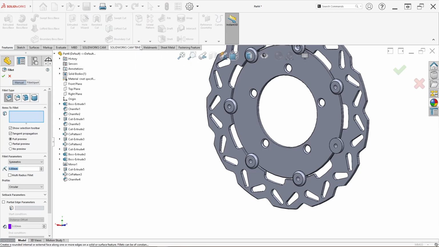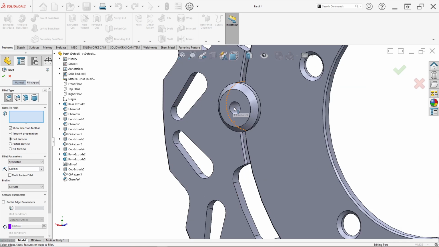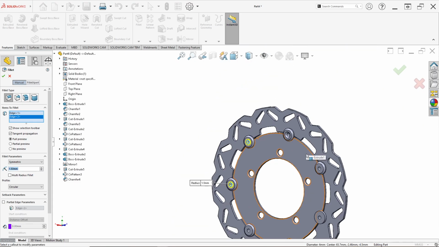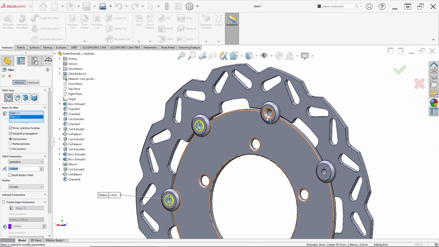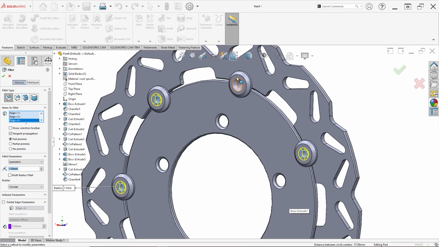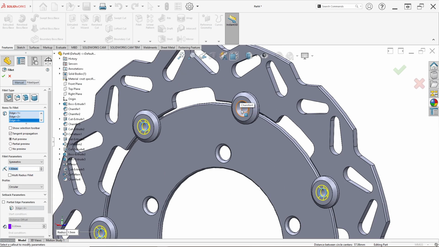I want to set fillet in 1.5 millimeter. Click this edge, in here. In here this edge and this edge. In here sketch.